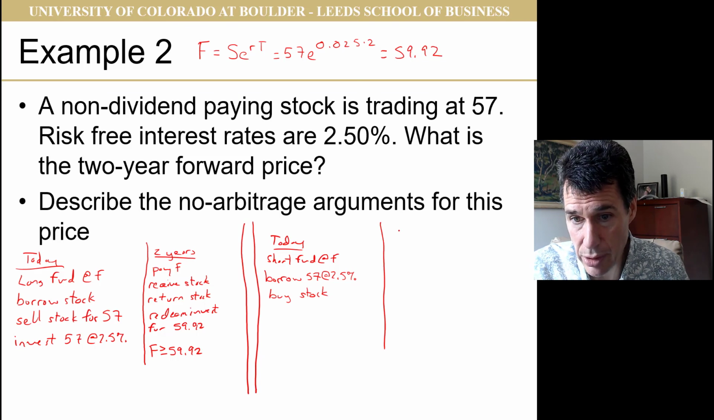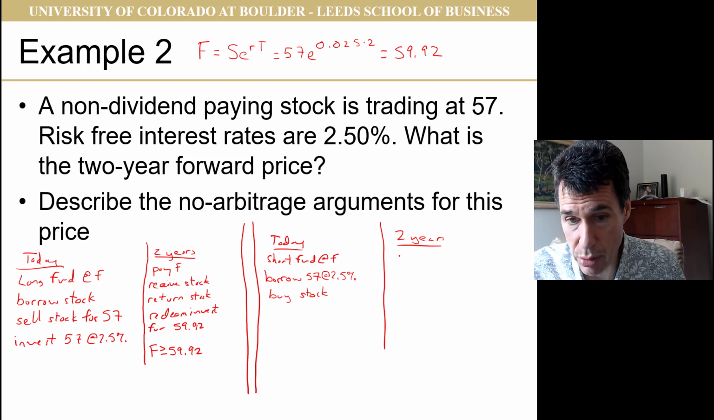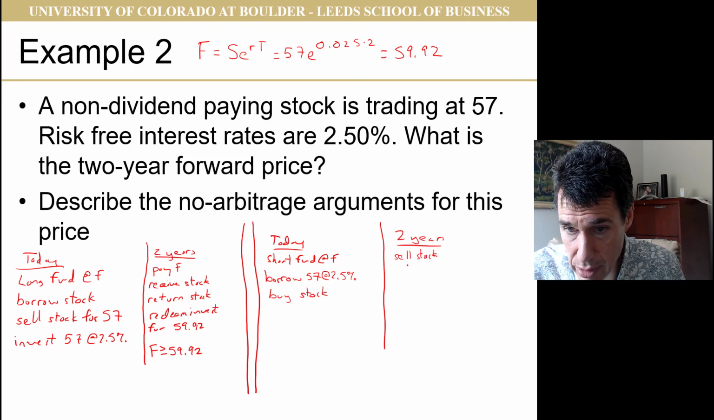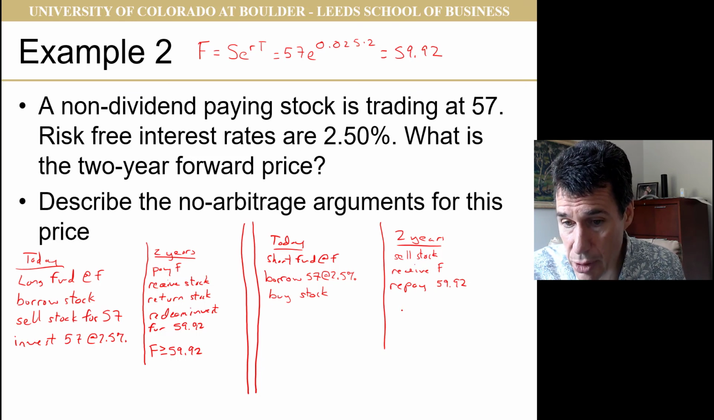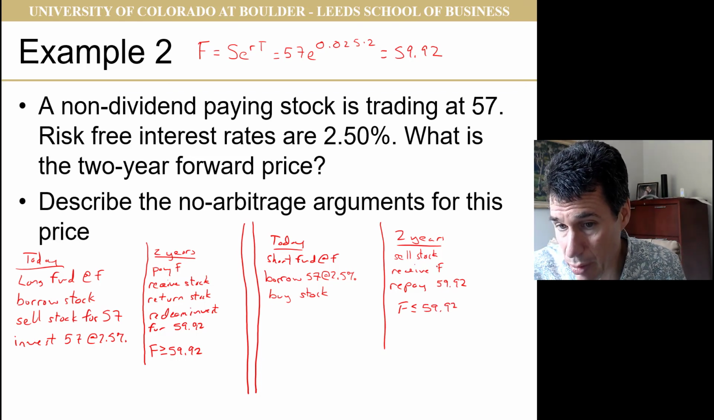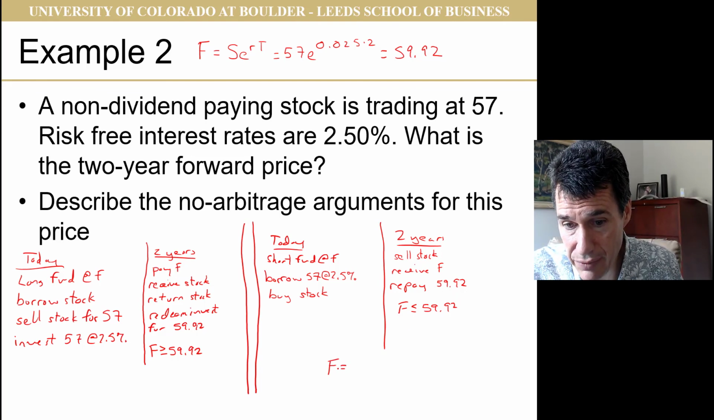And now we wait 2 years. Again, we're assuming nothing can happen between now and 2 years from now. We're short the forward, so we sell the stock, we deliver the stock into the forward, and we receive F. And we have to repay our borrowing. So we repay $59.92. No arbitrage says that F is less than or equal to $59.92. The amount we repay is bigger than the amount we receive, which means these two things combined say that F, the fair forward price, is